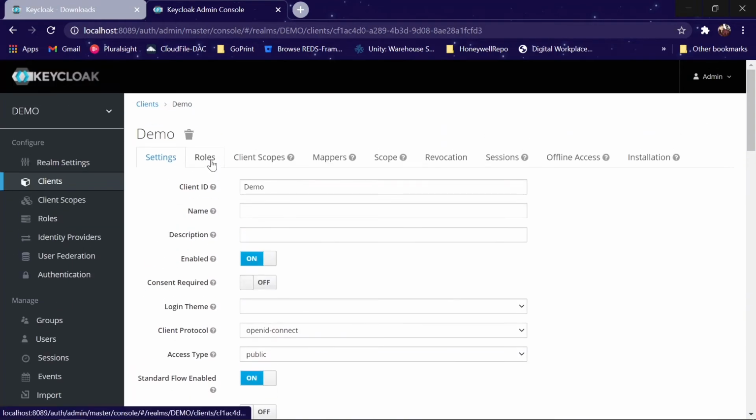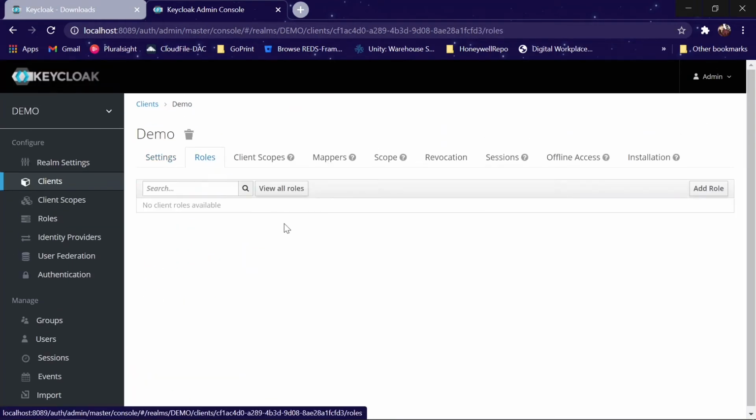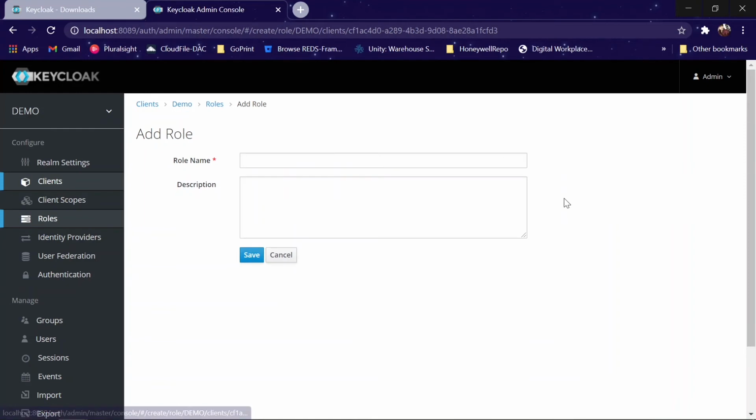The other thing is roles. For every client there are different roles which are used to secure the application or different pages of the application. Taking the case of localhost 8084, in that application there might be different pages. There might be a few functionalities which you want to define for admin. So in that case you can make a role as admin.